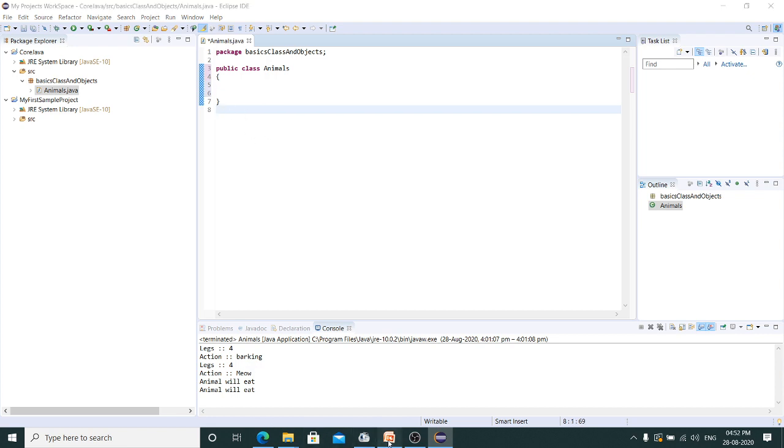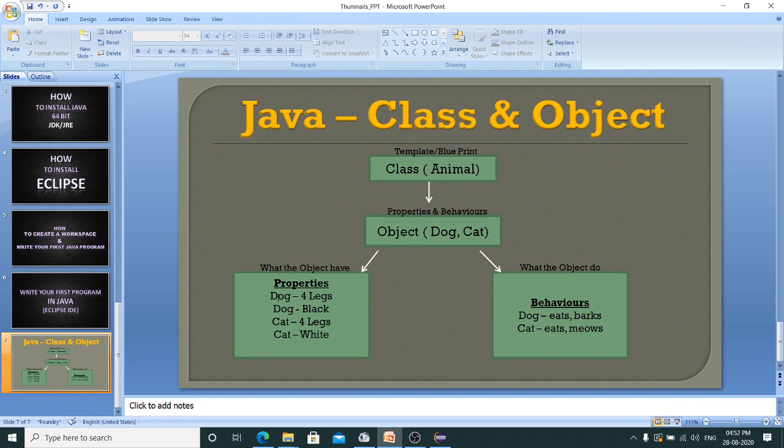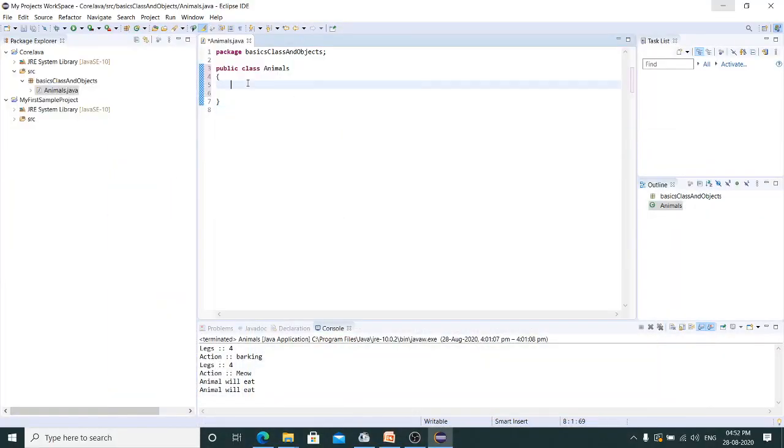Now we have to create properties. What are the properties here? Dog legs, how many legs, and what is the color. So I'll take an integer type. We'll discuss these data types later. There are different kinds of data types in Java. Since this count is a number, I'm taking integer legs, and color. Color is a string, so I'm taking a string as color.